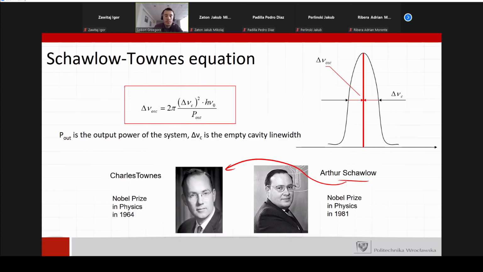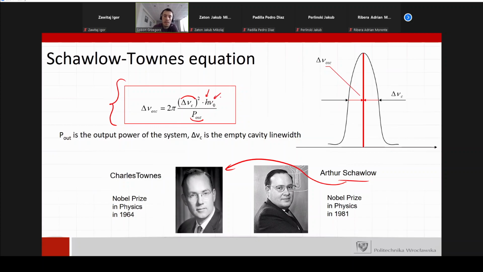And they introduced a formula which is now called the Schawlow-Townes equation, here highlighted in red color. And this formula describes the line width of the laser emission, let's say the laser oscillation, at a given output power and at a given empty cavity line width. And this formula takes into account also the spontaneous emission from the atoms inside the laser. So this is described by this Planck constant, and the